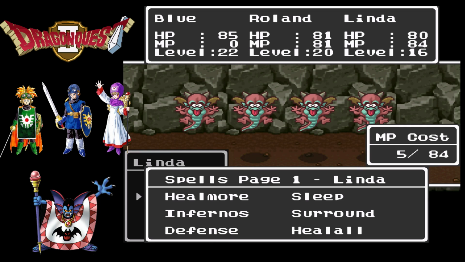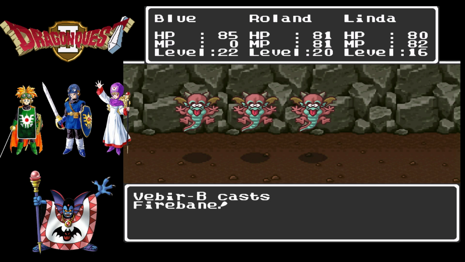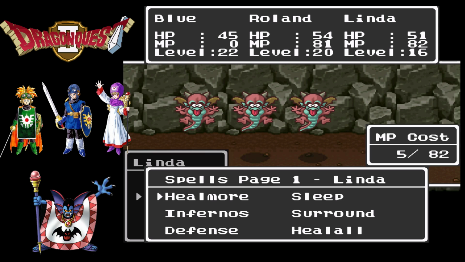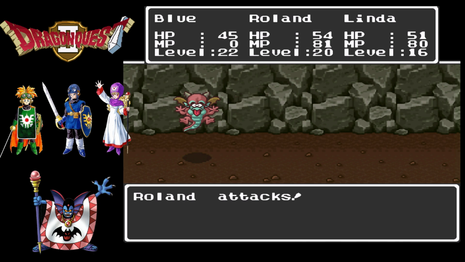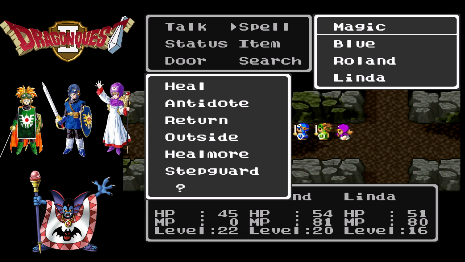Okay, so damaging magic has not worked on very many enemies in here. Surround didn't work very well there either. Oh, they have Firebane. That's really bad. Yeah, that sucks. Looks like sleep is really the way to go on these guys, because if they can cast Firebane, then they can just do too much damage. And they also resist Firebane pretty well, so...